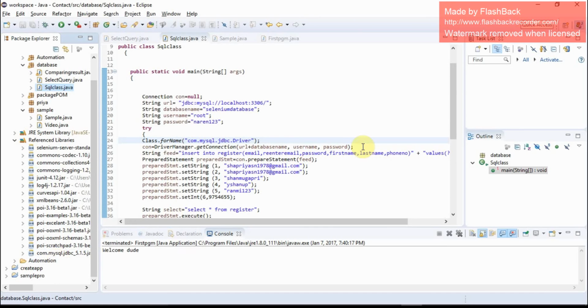This con is the connection object. Con is equal to DriverManager.getConnection. This DriverManager is establishing the connection between SQL and Java. The getConnection method is used for getting the connection. For that getConnection method, I have used three arguments: URL, username, and password, to establish the connection. Then